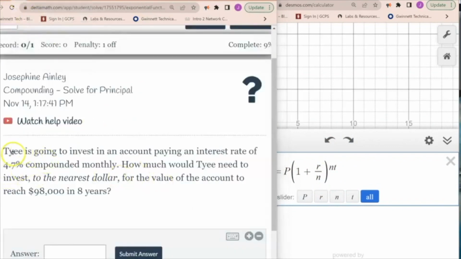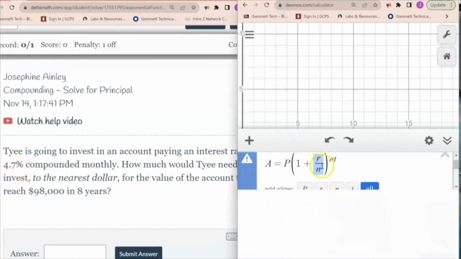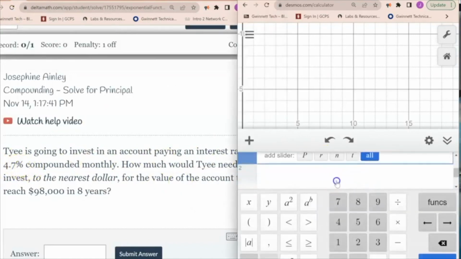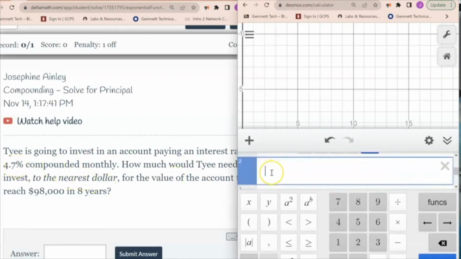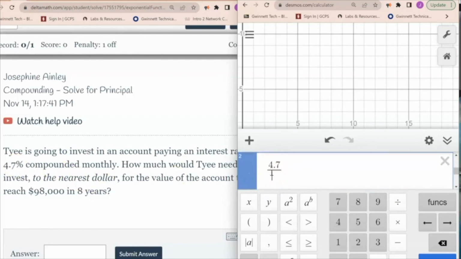So let's fill in all the numbers we know. Terry is going to invest in an account paying an interest rate of 4.7%. Okay, so that's an interest rate, so it goes right here. But again, remember, you cannot put the percent in the calculator. You actually have to find out what it is. So that's 4.7 divided by 100. And that's the number you put in as R, so 0.047. So you come right here, delete